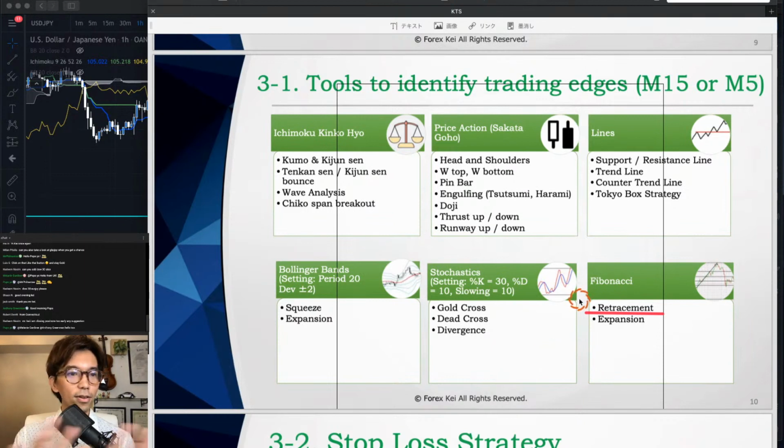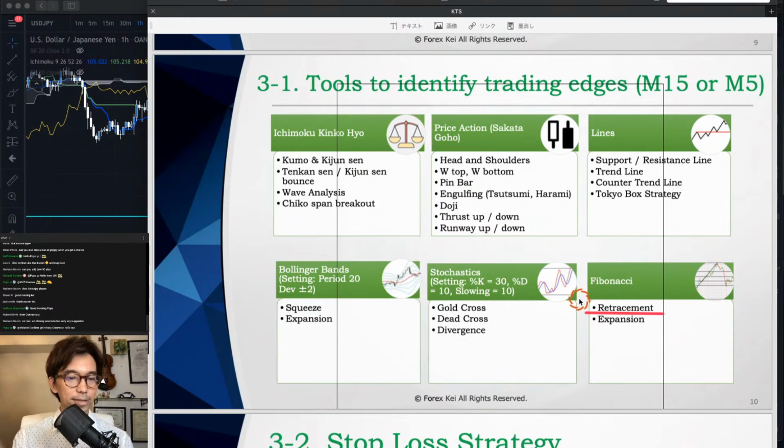I've talked about all these techniques in my past lives, and everything is saved in the archive. There is a KTS playlist, so you can click on that and see all these details. I do this over and over again so that you can have a full understanding of how you can use these tools. So today, I'm focusing on the Fibonacci retracement on either